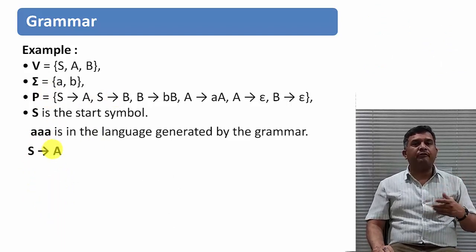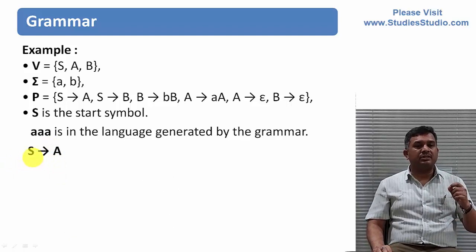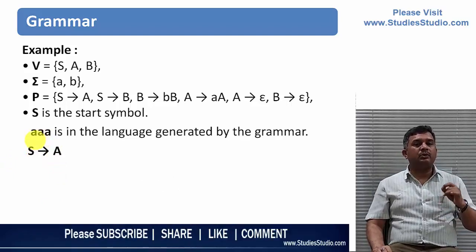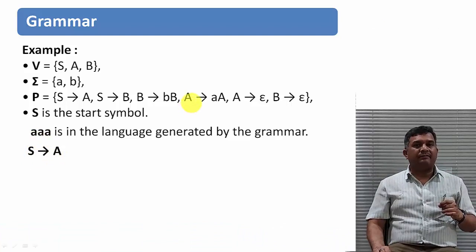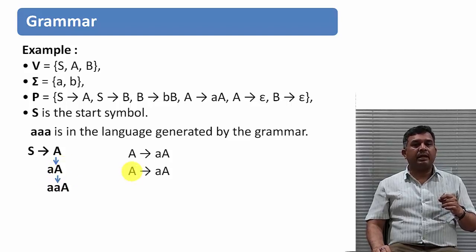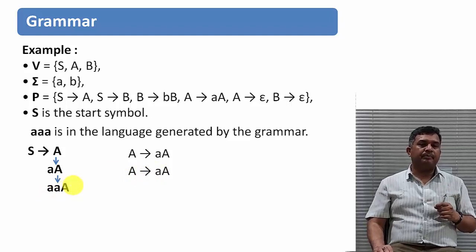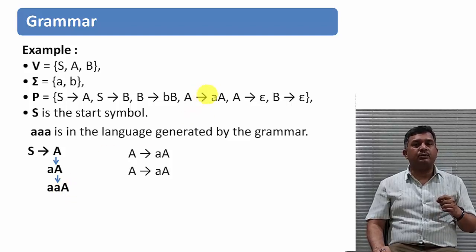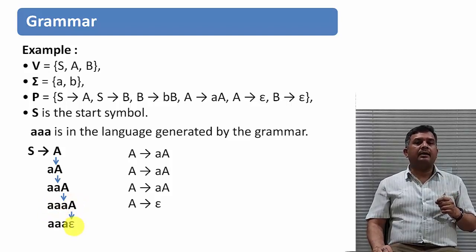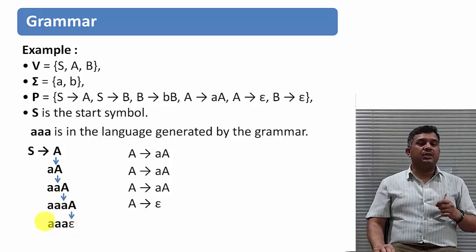There is one more way of writing this also. I have the starting symbol S derives A. And I want to generate small a. So I have to use A derives AA. So instead of A, I write aA. Again, I have A. In place of A, I can use again A derives AA. I get a and capital A. Again, in place of this capital A, I can use A derives AA and I generate a and A. And at last, for this last variable A, I can write epsilon. So this particular string aaa is generated.